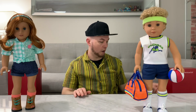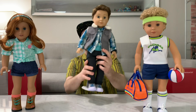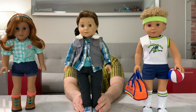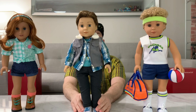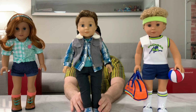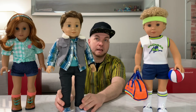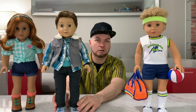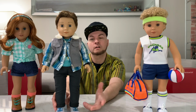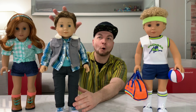And the first one should be obvious. It's Logan. Just to compare, a few days ago, I did a video about my top 5 American Girl dolls in my collection. And when I got to Nikki, I mentioned that I've never had to make a mini me doll because anything I've ever collected, there was always a doll that looked like me. And then, funnily enough, the first boy doll American Girl ever made looks so much like I did when I